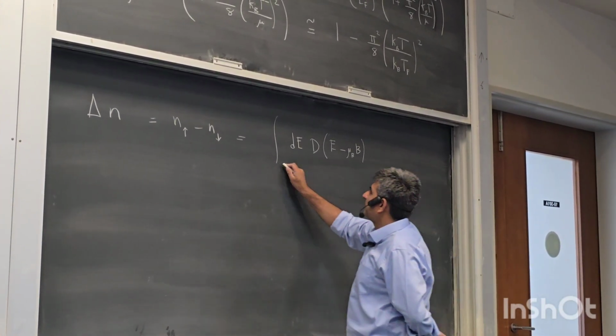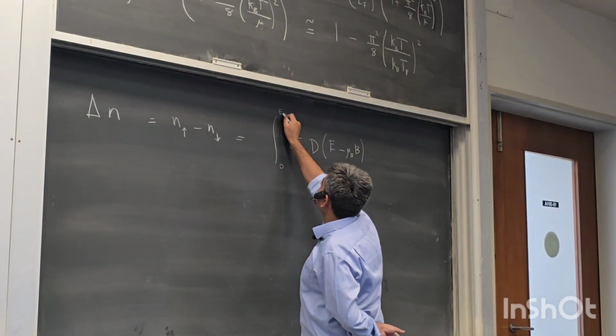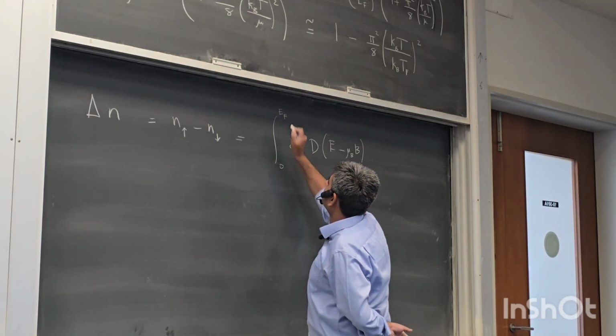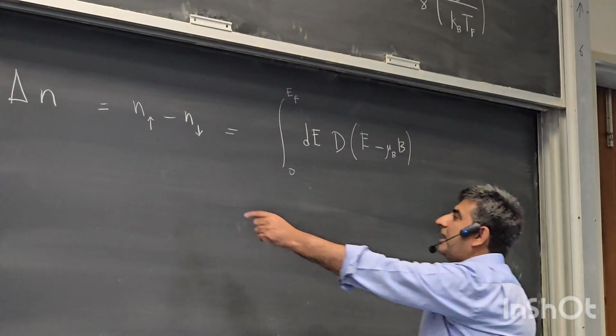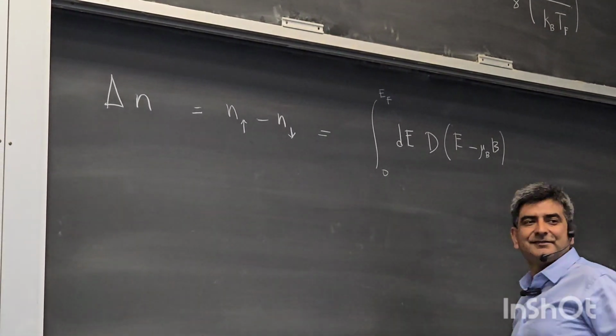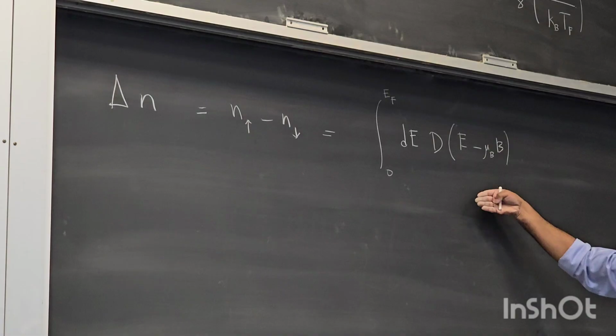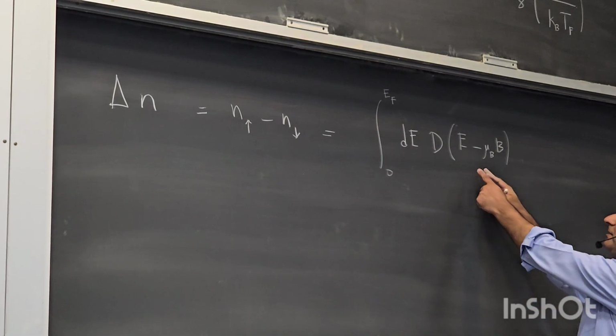So F equals 1, so I put this. So this is the number of spin up electrons, because the energy is now lowered. So instead of D(E), we now have D(E minus mu_B B)